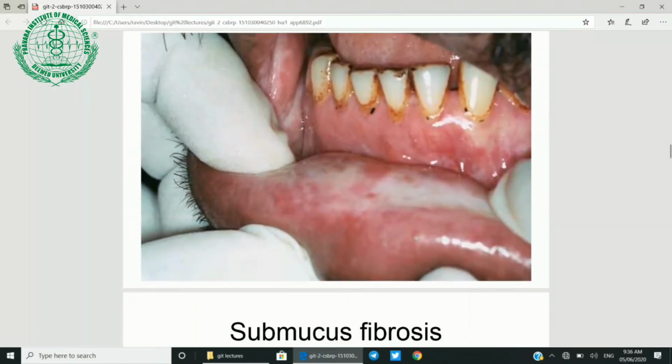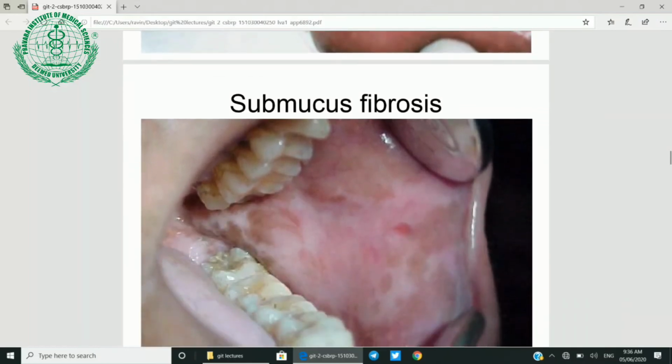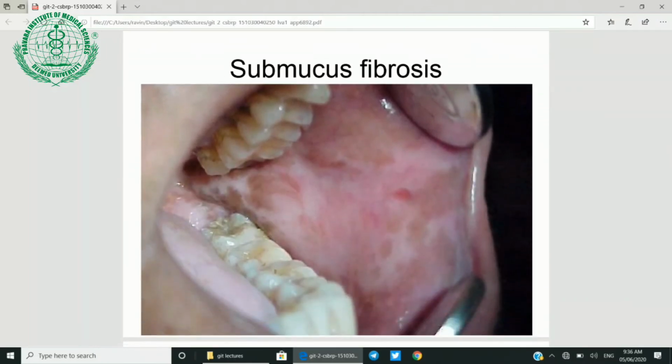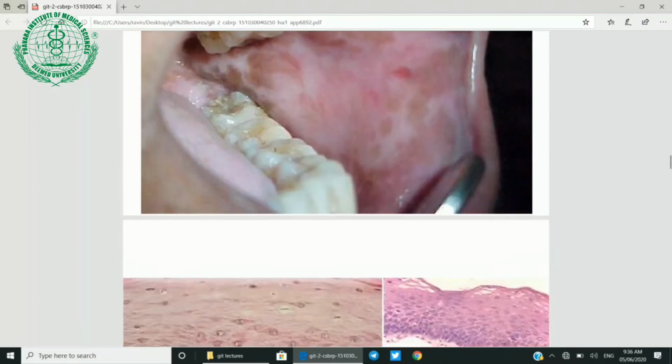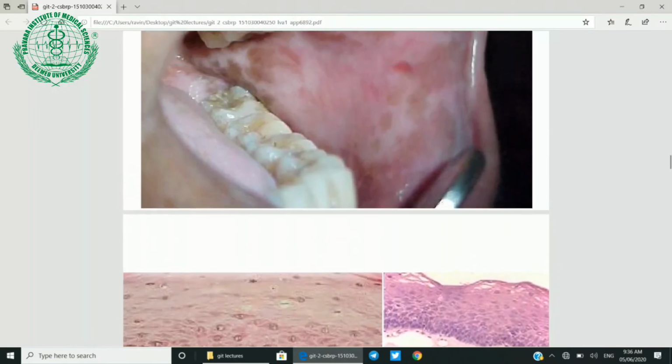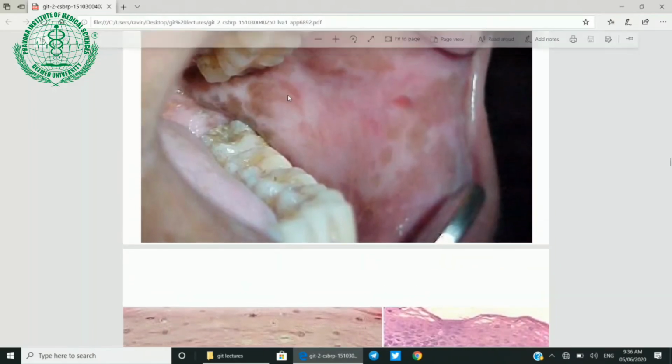And this is submucous fibrosis. This is the major problem we are facing now in India. Hundreds and thousands of patients, lakhs of patients I would say, have this lesion of submucous fibrosis, where they cannot open their mouth because of this fibrosis,